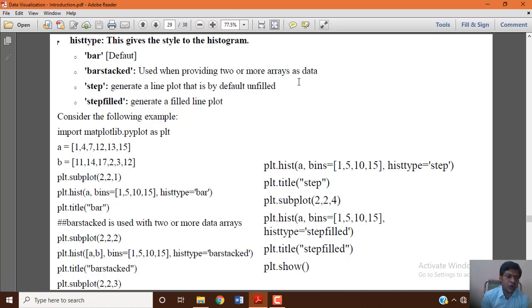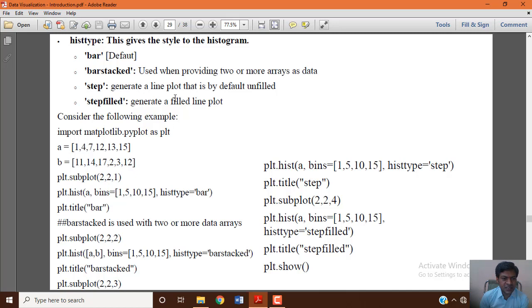When you are using only one, you can go for bar. When you are using more than one data set as input, you can go for barstacked. Then step generates a line plot, which is by default unfilled. So far, the histogram bars we saw were filled, complete bars.